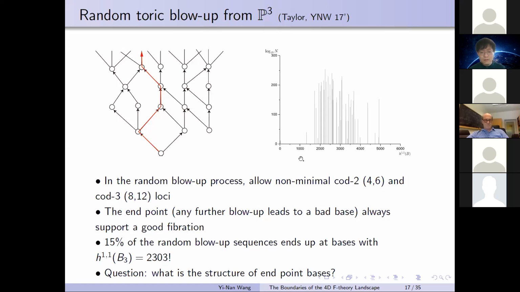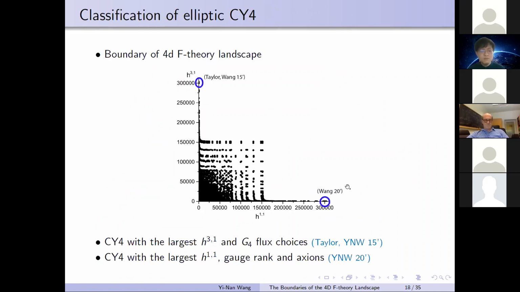So here I plotted the distribution of the endpoint bases as a function of h11. As you can see, the distribution is very discrete. It's not continuous. So then you have to conclude that there exists some very mysterious hidden structure in the set of these endpoint bases. And I will answer this question in the later part of this talk, trying to solve this puzzle. Okay. So now let's go back to the main theme of this talk, which is the boundary for the F-theory